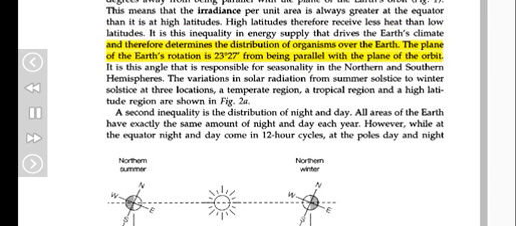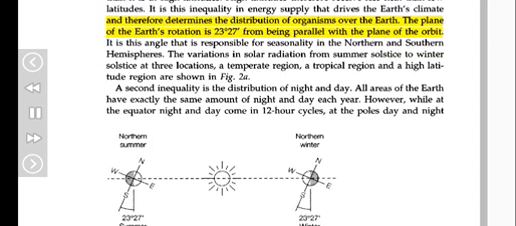The plane of the Earth's rotation is 23 degrees 27 minutes from being parallel with the plane of the orbit. It is this angle that is responsible for seasonality in the northern and southern hemispheres. The variations in solar radiation from summer solstice to winter solstice at 3 locations, a temperate region, a tropical region and a high latitude region, are shown in Figure 2a. A second inequality is the distribution of night and day. All areas of the Earth have exactly the same amount of night and day each year. However, while at the equator night and day come in 12-hour cycles, at the poles day and night